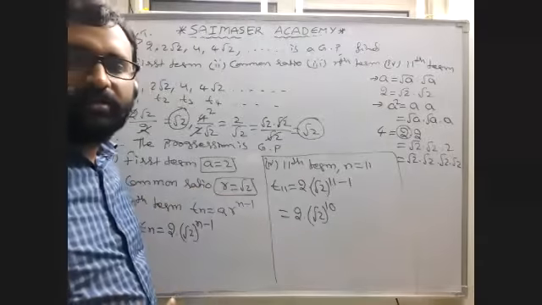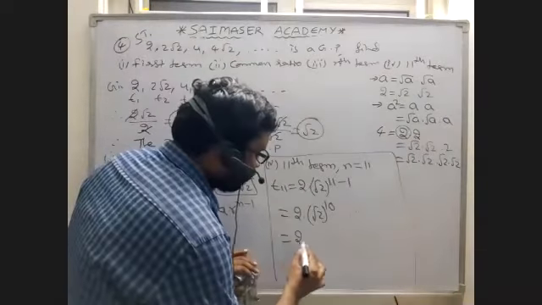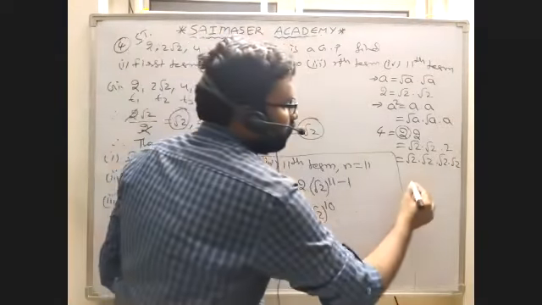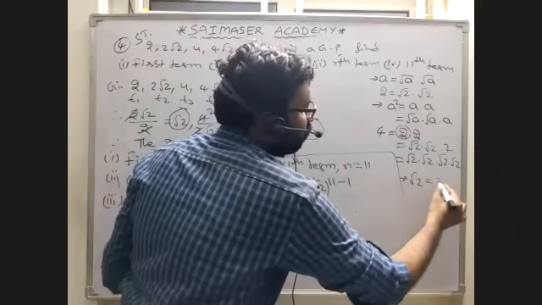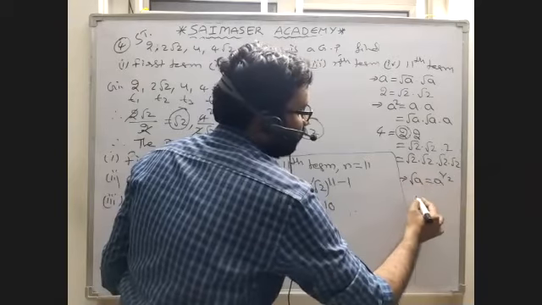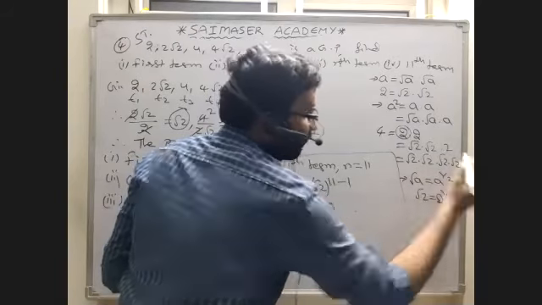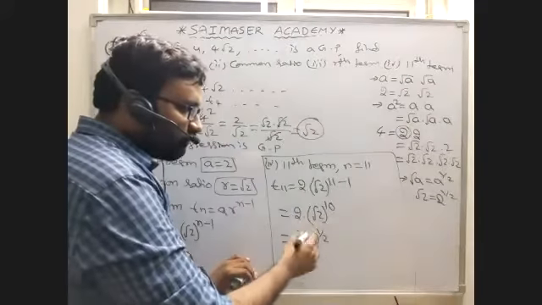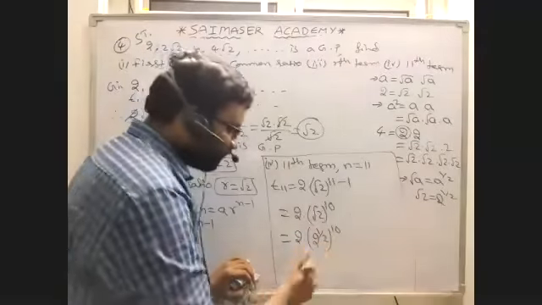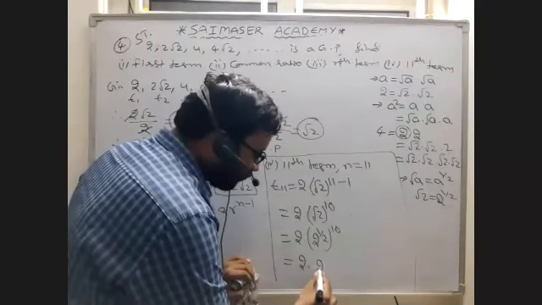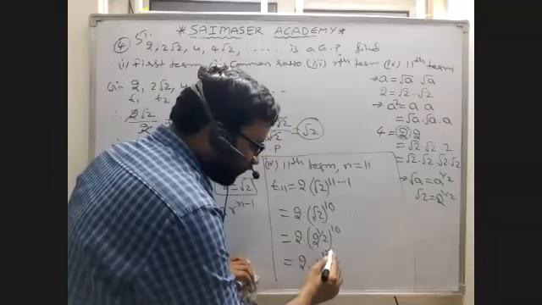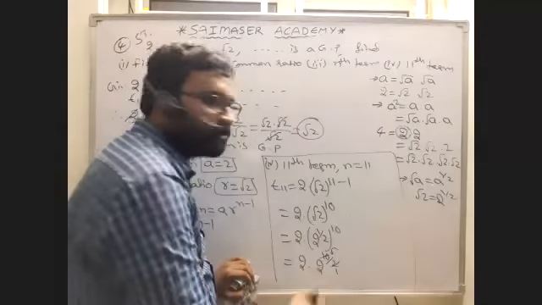More 2 steps I will write. Simplification I will write. That is what? 2 into this root 2 is nothing but 2 power 1 by 2. I told you. Root 2 is equal to 2 power 1 by 2. Why? Because root a is equal to a power 1 by 2. That implies root 2 is equal to 2 power 1 by 2. So here this is root 2, na? That is 2 power 1 by 2. But whole power is what? 10. This 10 is numerator, 2 is denominator. One more step I am writing: 2 into 2 power 1 into 10 by 2. 2 1s are 2, 2 5s are 10, cancel. Now remaining 2 power 5 is there. That I am writing here, see.